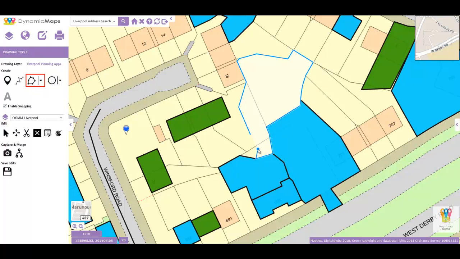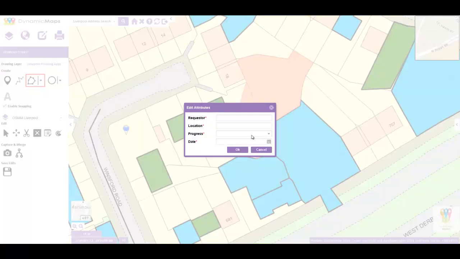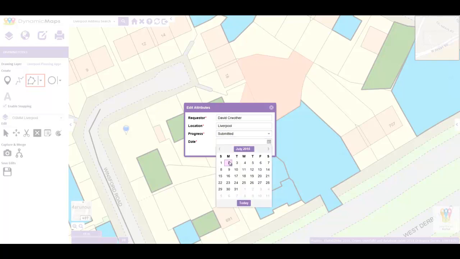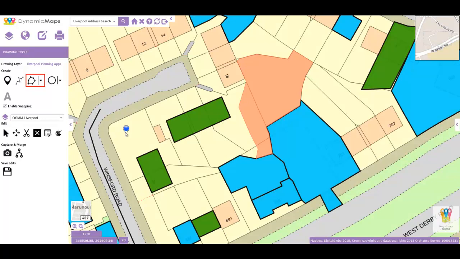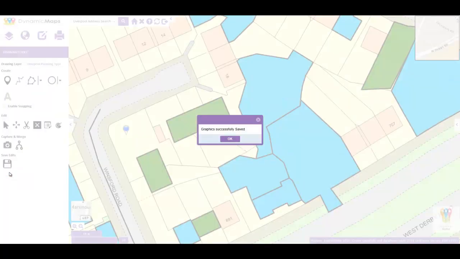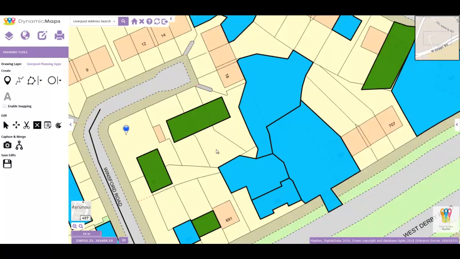Then I can come back off freehand, I can complete the feature that I'm drawing, and this time we're going to fill in the attributes for the data, and once that data is filled in, we can save the new feature, let's say as a submit a planning application, choose the date and press OK. Once I press save, that record has now been committed to the GeoStore, and we now have a new feature